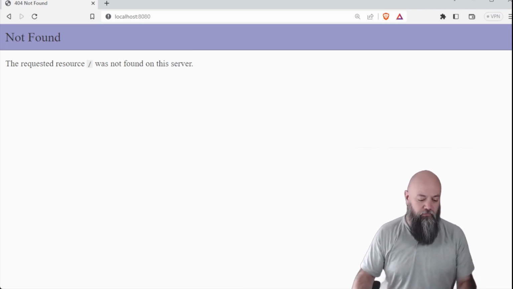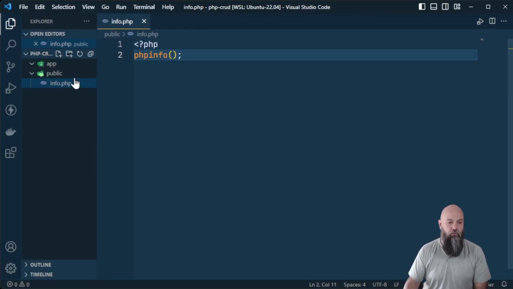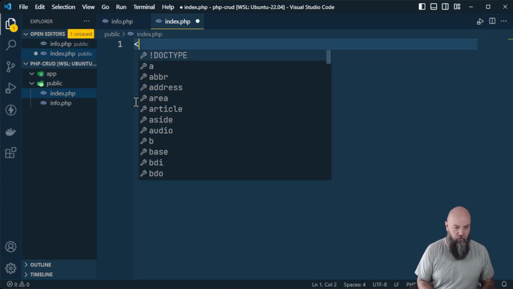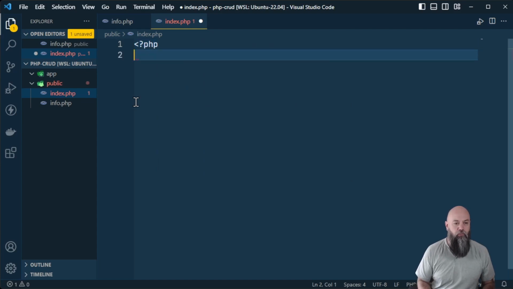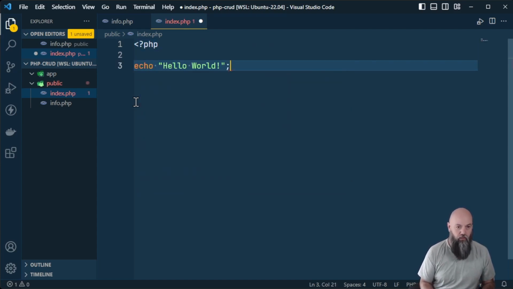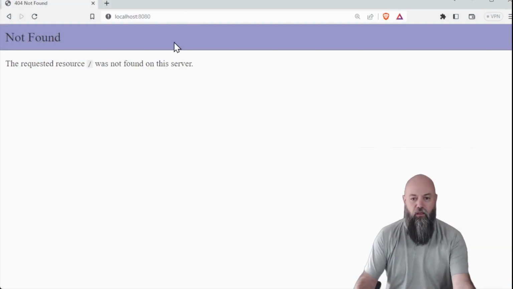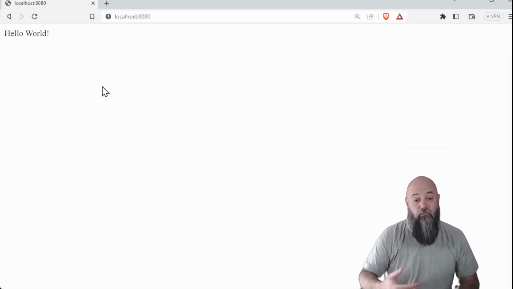So let's go create an index.php. We're going back over here. We're going to create a new file called index.php. We're going to have our opening tag here. So what we can do here is echo out, say hello world. Let's do that. And let's go back to our browser. And if we reload, you can see it loaded up our index.php and spit out hello